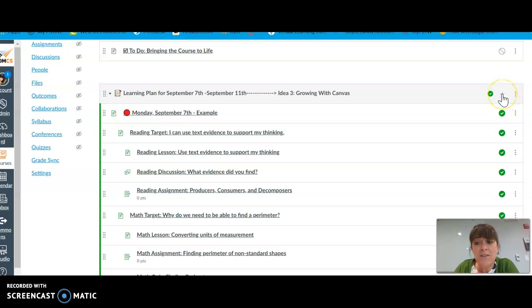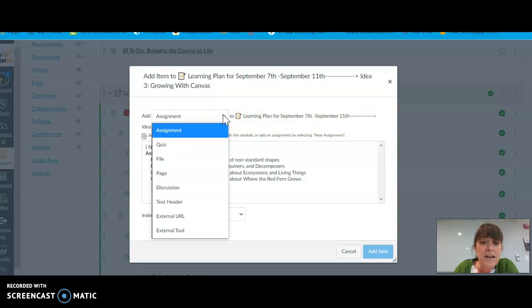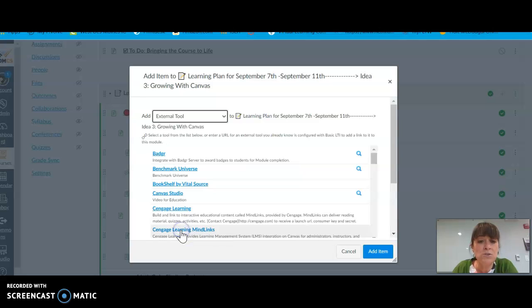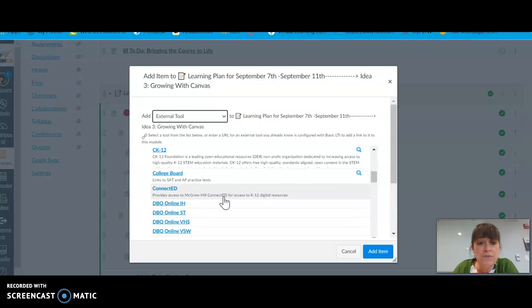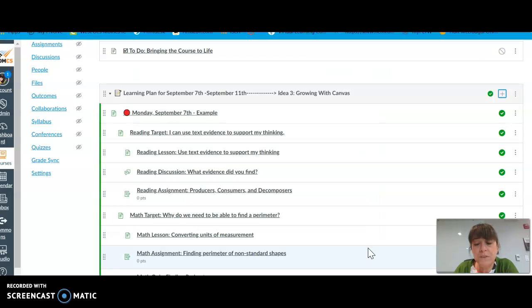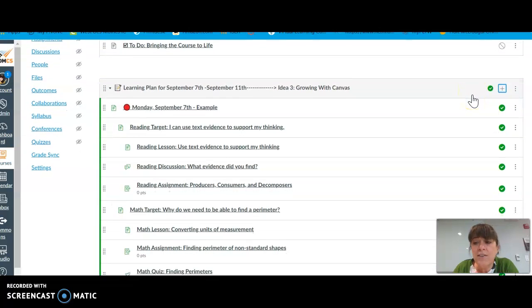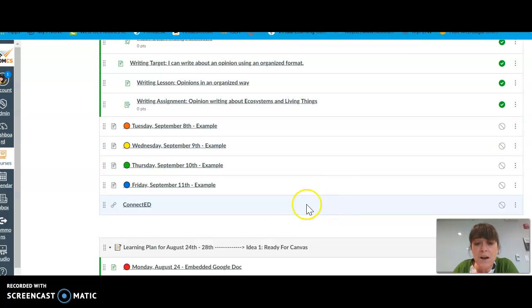I'm going to go up to that header bar on the module, and I'm going to click the plus icon. I'm going to add ConnectED as an external tool, so I'm going to pull the drop down for external tool. In my menu of tools that pop up, I'm going to look for ConnectED and add that item. When I come back to my module page, that item for ConnectED is added to the very bottom of that